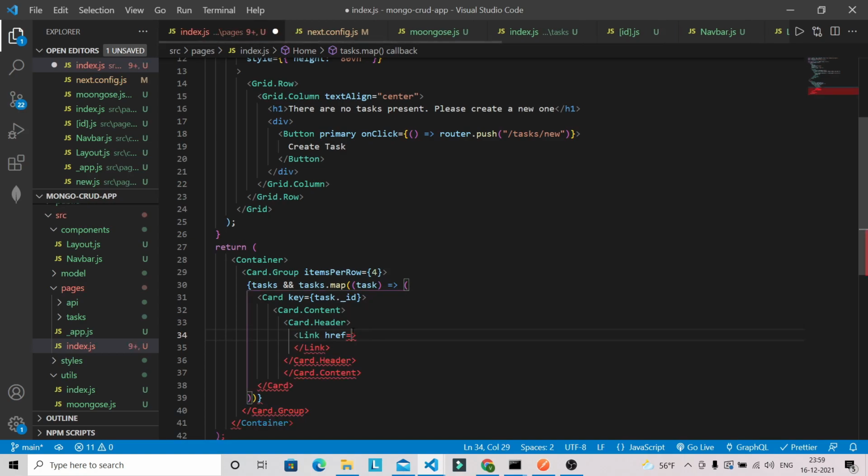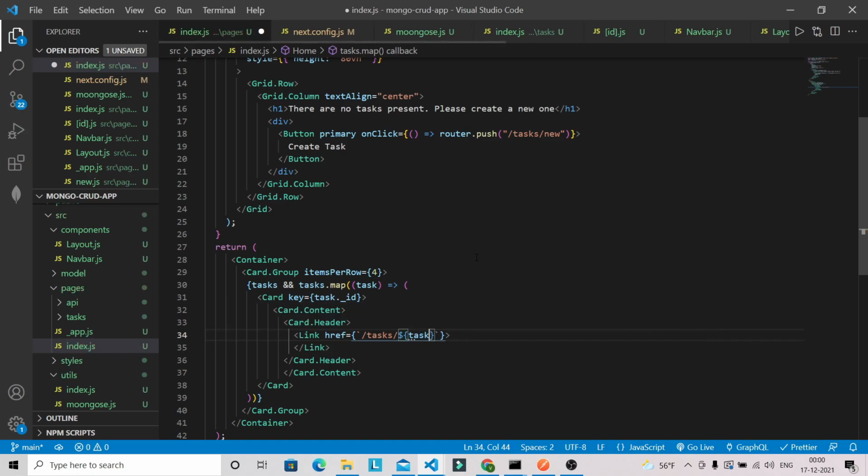This page is not created, so for now just specify the route. So tasks, we have to specify the dynamic route that we haven't specified till now, so we will register that dynamic route later. For now just specify the route path here.